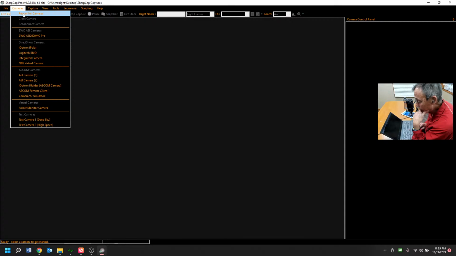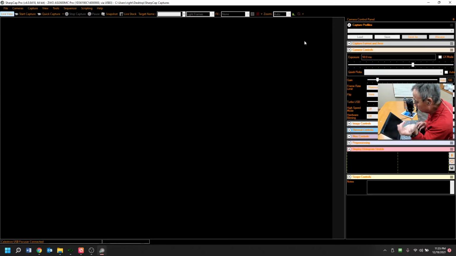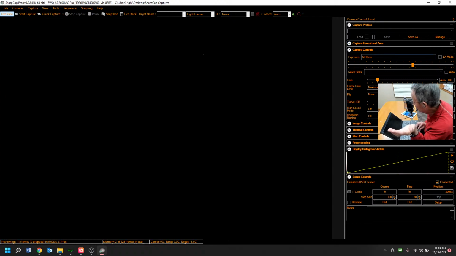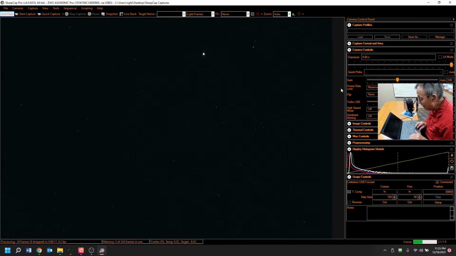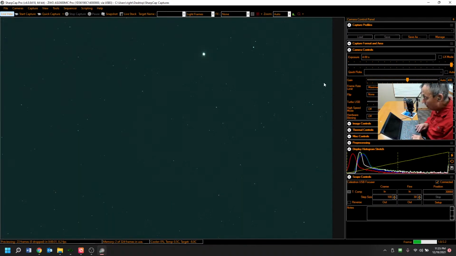Let's hook up the camera so we can at least see a view of the night sky here. And we're going to put our exposure on 4 seconds at, let's put it at 300 gain here real quick. So there's our night sky. That's Polaris. Look at those pinpoint stars now. Wonder if we could go ahead and run that up to 400 gain just so you can see those for sure. Yeah. And there's Polaris. So now if we just had a mount,